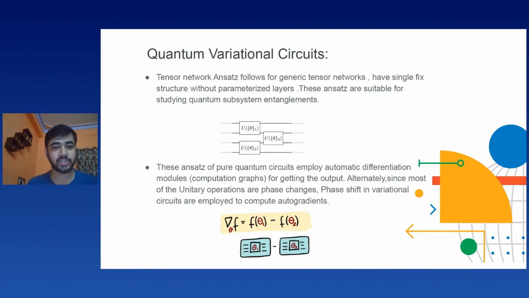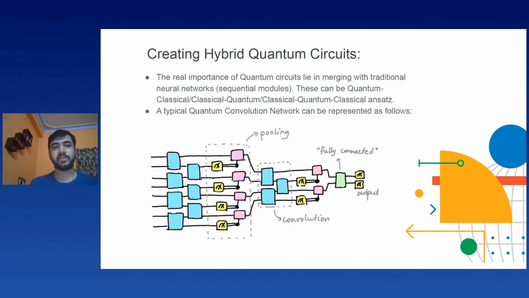Because we only have 2 states, and we are using a classical circuit, and we are plugging a quantum circuit at the end, having 2 qubits, and we want to get the raw expectation values. We have created a classical and a quantum ansatz, which is used for binary classification. And quite the most popular example of that is, let's say, if you want to classify any data sets. So moving forward, the next point is actually the hybrid quantum circuits or classical quantum circuits.